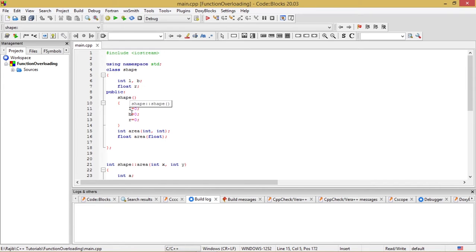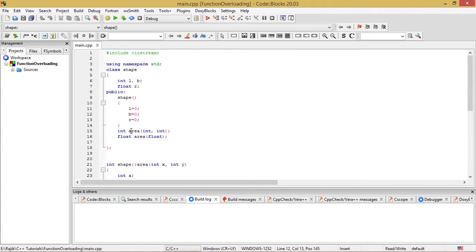What I have done here is that by the invocation of this constructor, that is when we create any object of this class shape, this constructor will be called, and all the integer and float variables which have been declared as private data members of this class will be initialized to a value of 0 by these expression statements. That is, l = 0, b = 0, and r = 0.